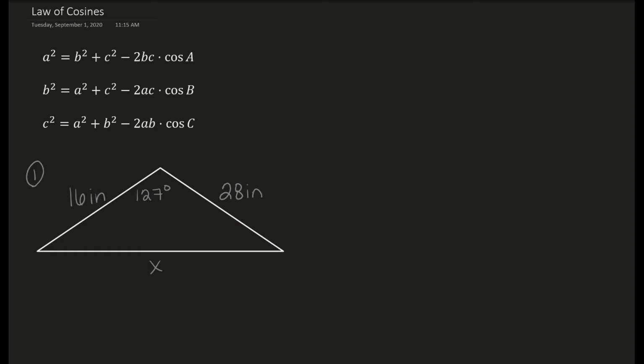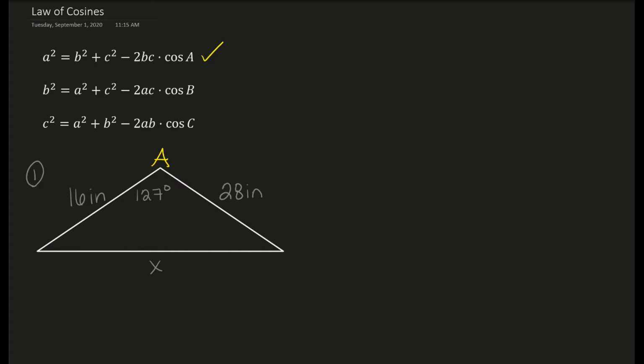In this video today, we're going to be talking about the law of cosines. There are three variations for the law of cosines. They're given here. You really only have to focus on one, as all three are interchangeable. What you want to look for is, typically with law of cosines, you're only given one angle. So if we stick with this first equation, we'll always want to call our angle